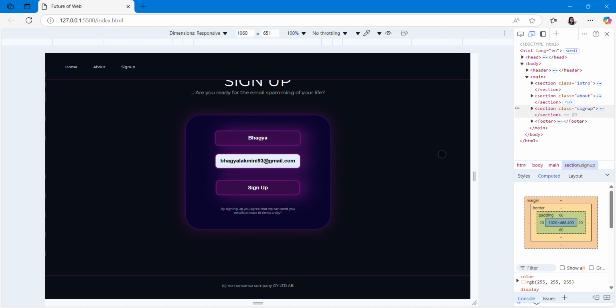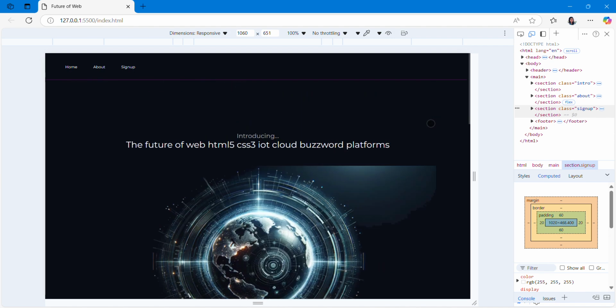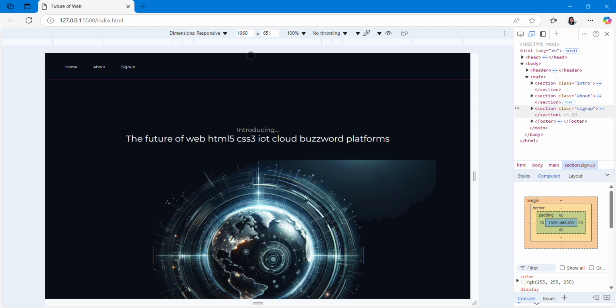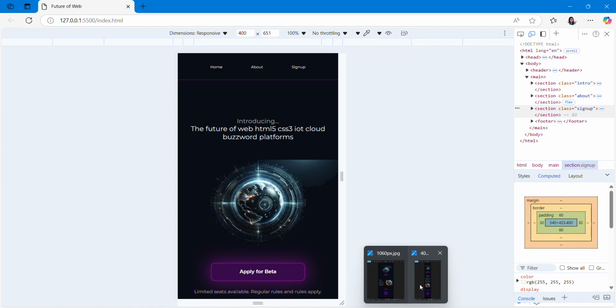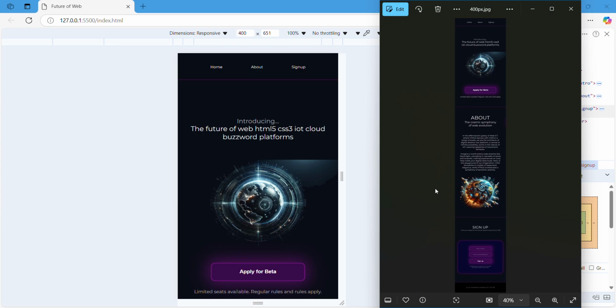And also I will show you at the same time how I managed to do the 400 pixel, and here you can see it's adjusted for 400 pixel, and this is the image you've given us that we are supposed to do. So the navigation,